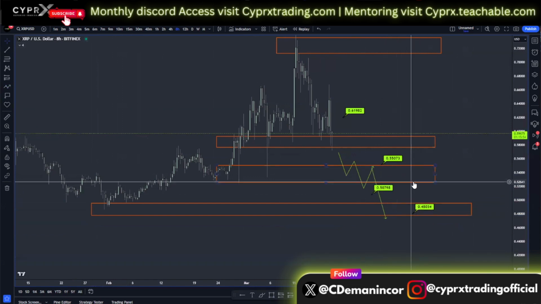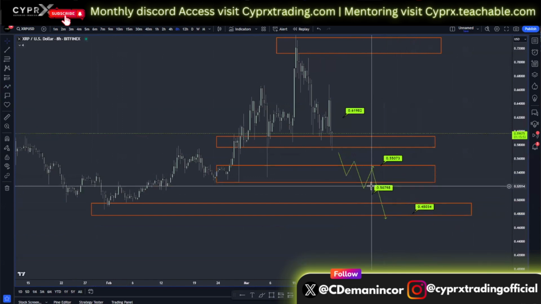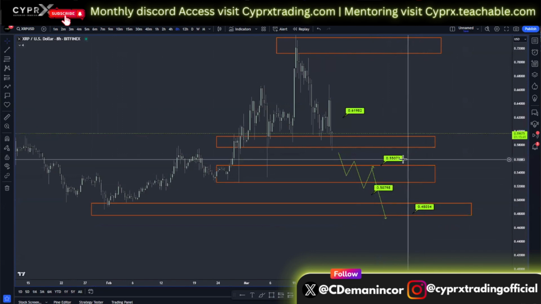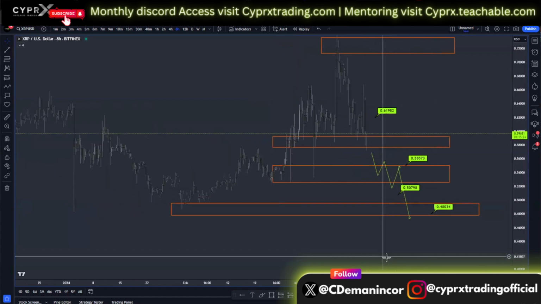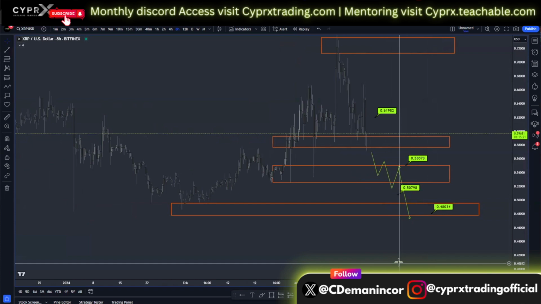Okay. So I will only be looking for bearish targets of 50 to 48 cents if we can break below 55 cents and we can see the dynamics and risk market sentiment change hands. That means we see a more favorable environment for the US dollar, a hawkish tone from Jerome Powell, a risk-off market sentiment, and couple all that with price action, so a break below 55 cents. Our next bearish targets will be 50 to 48 cents before we further position ourselves for buys. Aside from that, anything above 55 cents, I'm still bullish on XRP.